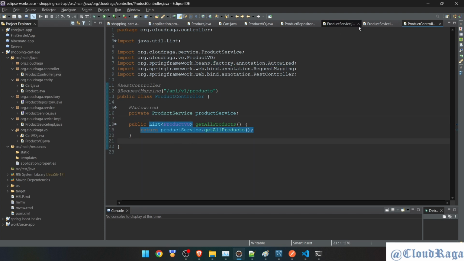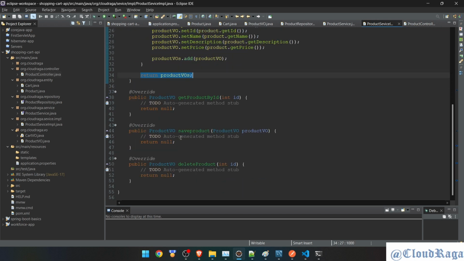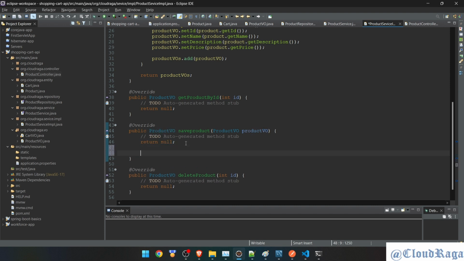Get is done. Accordingly, let's do the save as well. So product view, but when we are about to save, it needs entity. So we have to convert this two times. First, we have to fetch from product view, convert that into product object or entity. Once it's done, we need to return product view, but we will get product entity, so we will convert entity to view. So first is